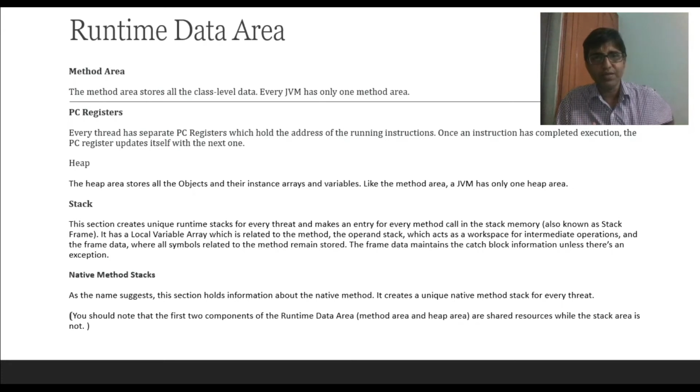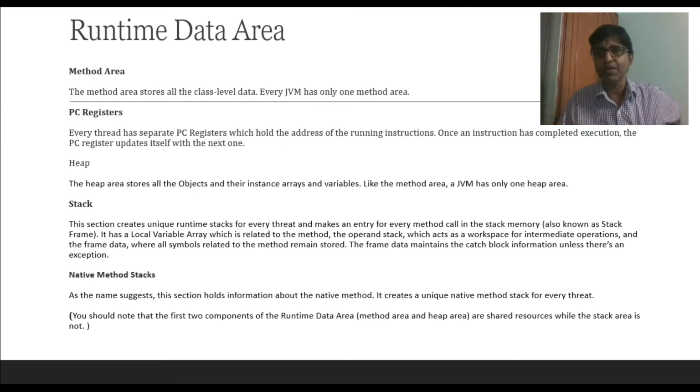Okay, let's understand what a native method stack is. This section holds all the related native methods. If I define 15 methods, all the 15 methods will have a unique reference. It contains all the references of the methods. To understand it in a simple way, it refers to all the methods defined that are used to drive the application.